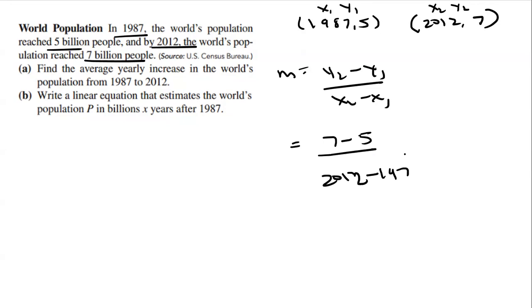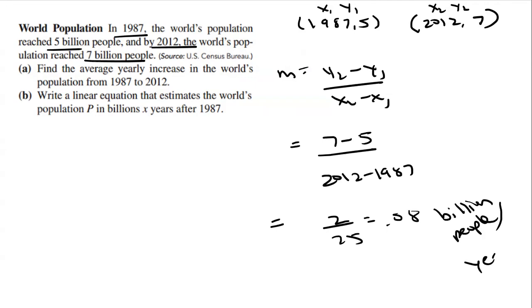So 2012 minus 1987. We'll have 2 on the top, and the bottom there should be 25. We'll put that in the calculator. That's 0.08. So that's the average there, 0.08 billion people